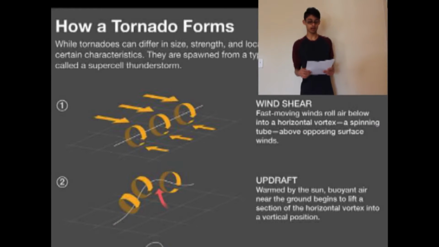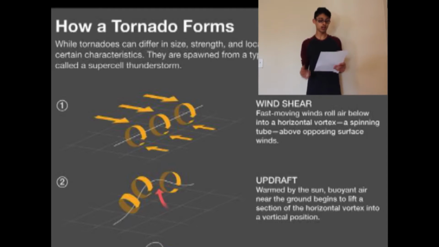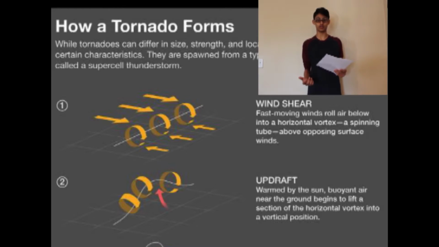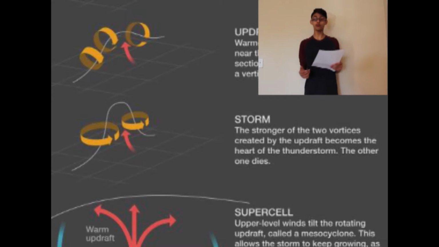1. Wind shear. Fast-moving winds make the air below spin in a horizontal vortex. 2. Updraft. The buoyant air at the bottom starts to lift one portion of the horizontal vortex, making it a vertical vortex. 3. Storm. 2 vortices are created by the updraft, and the stronger of the 2 becomes the heart